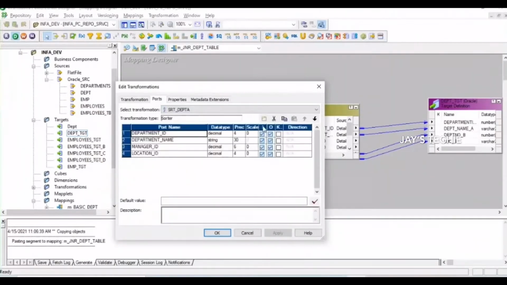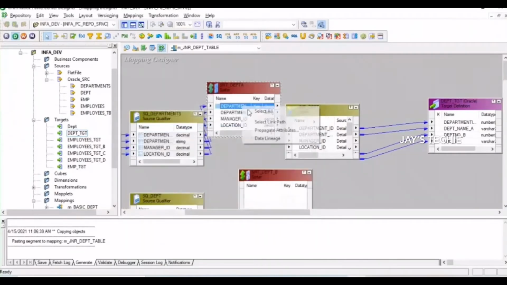If you go to the ports, you can see the key column. Here, this one is called a key, so based on what column you want to do the sorting. I want to sort based on the department ID. It is always recommended to sort based on the primary key or any of the unique key columns. Whether you want ascending or descending, let's go with ascending. You can also try different options, but for manager ID, a single employee can have multiple managers, so manager ID is not unique. I don't want to go by manager ID, so I'm going by department ID. Click apply, click OK, select all.